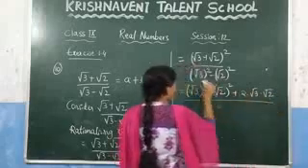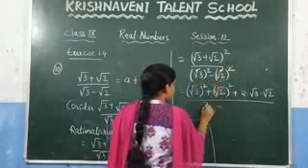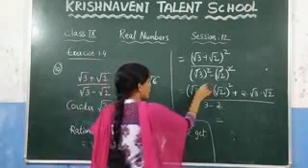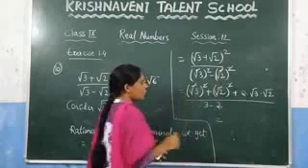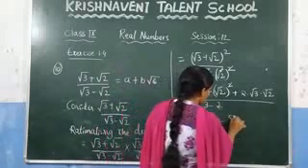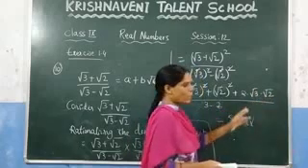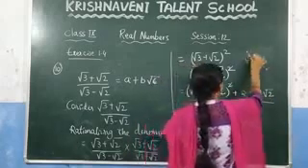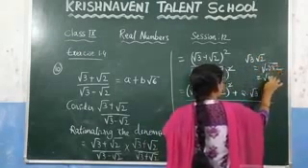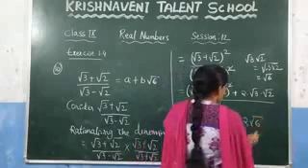Now what is there in the denominator? This root and this square will get cancelled. This root and this square will get cancelled. You will be left with 3 minus 2. Now solve the numerator. Again here, this square and this root will get cancelled. Again here also. And what is left out here? 3 plus 2. What is the value of 3 plus 2? Which is 5, plus 2 into, we know that root a into root b is nothing but root a into b. So this one, what do you get? Root 3 into root 2, you can write it as root 3 into 2. What is the value of root 3 into 2? Which is nothing but root 6. So in place of root 3 into root 2, we can write root 6.